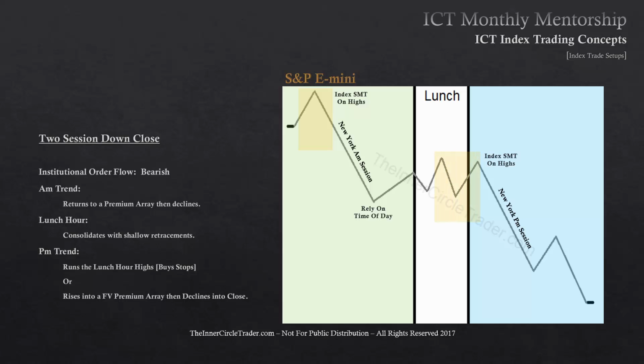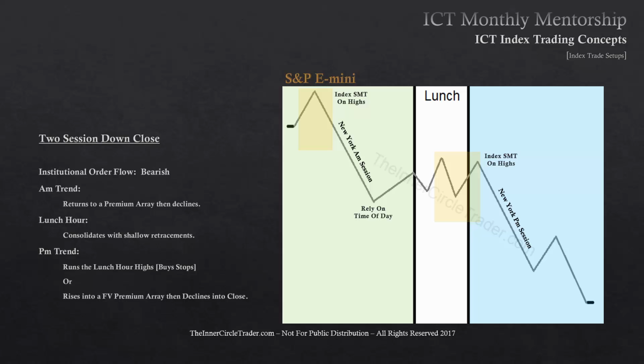And during the lunch, we're going to be looking at the highs comparable with the NASDAQ and the Dow futures against the S&P. And again, this can be a return back to a fair value gap or a bearish order block or closing of liquidity void and then go lower. Or you could run the lunch high for buy stops and then reject. But you're looking at the highs during the lunch hour and you're looking at the high that forms post New